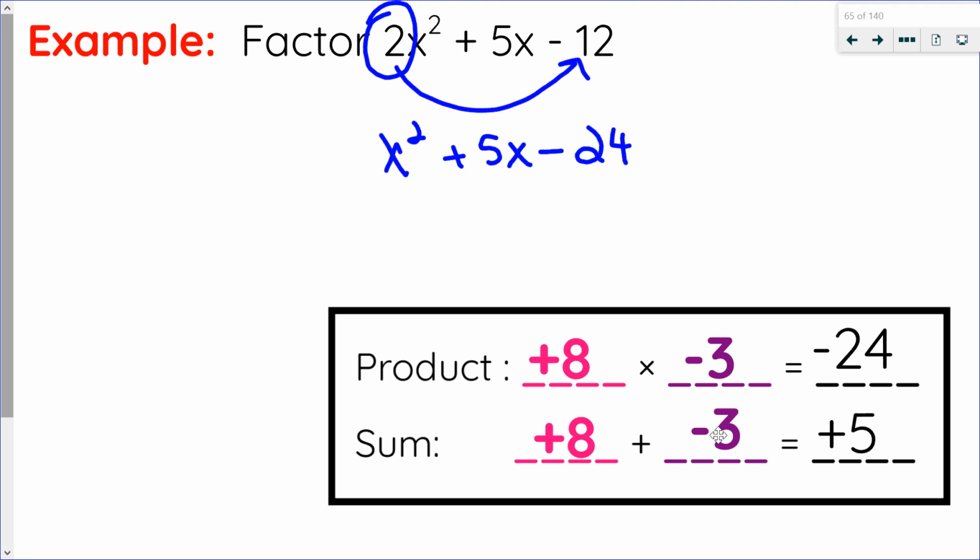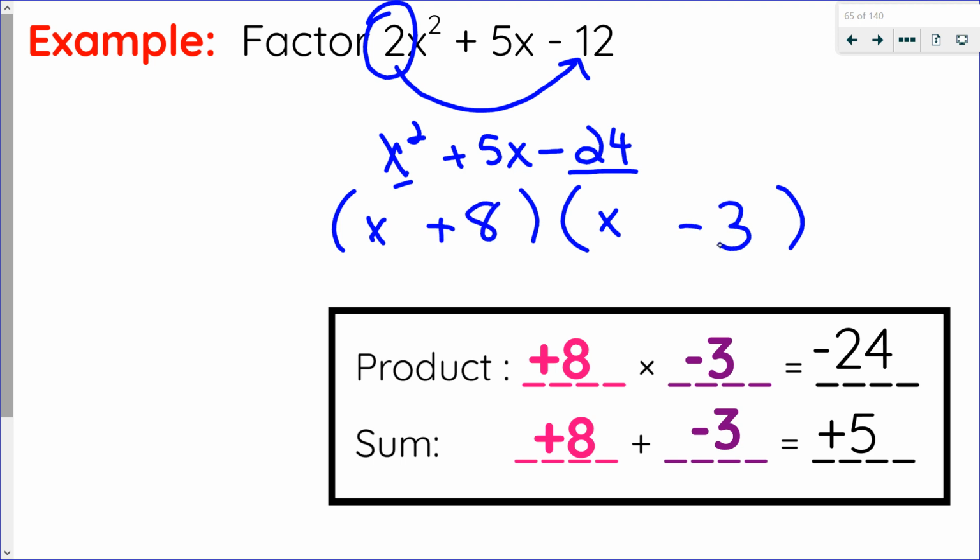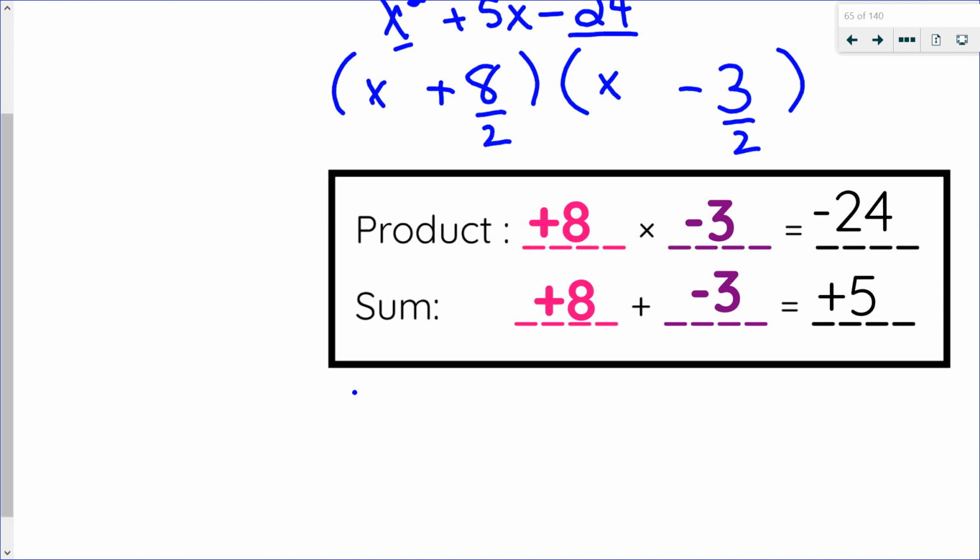So now I'm ready to factor. So using my product sum, the only way I can get x squared is if I have x times x, and how I get negative 24, I do positive 8 and negative 3. Now remember, we made our last term 2 times bigger, so we multiplied it by 2. So to be fair, I'm going to divide the factors by 2 as well. So let's look at that. I have, simplifying, x plus 8 divided by 2 is 4, and 3 divided by 2 is a factor